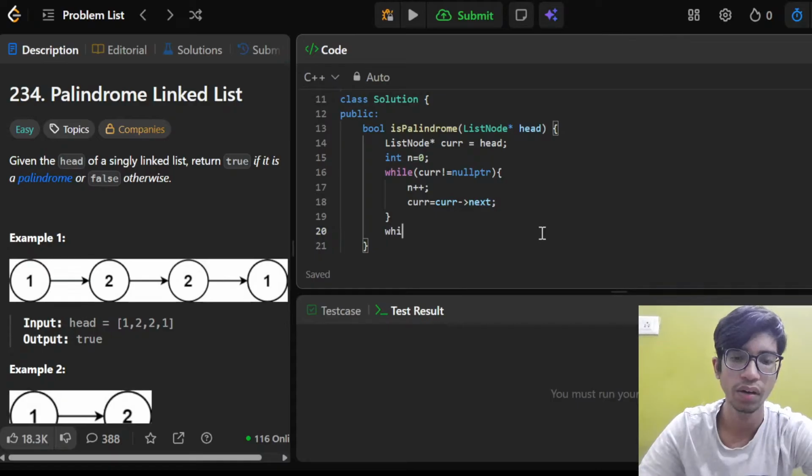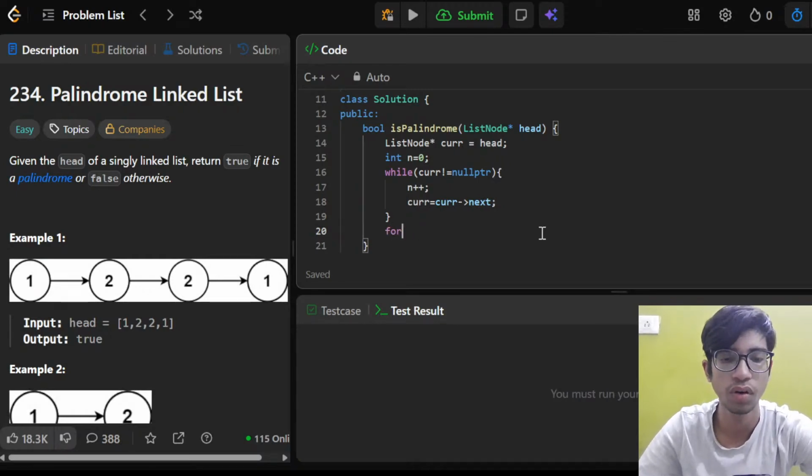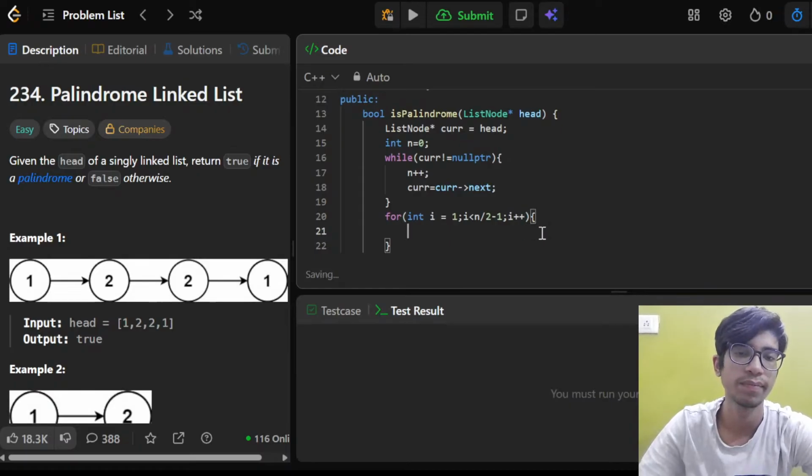So while, well, actually I should do n by 2 minus 1: for int i is equal to 1, i less than n divided by 2 minus 1, and then i plus plus, and after all this curr is equal to curr next.